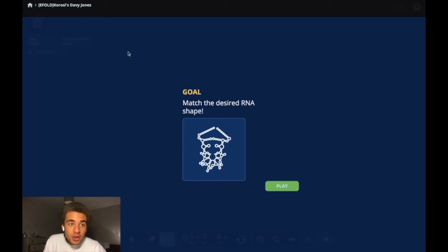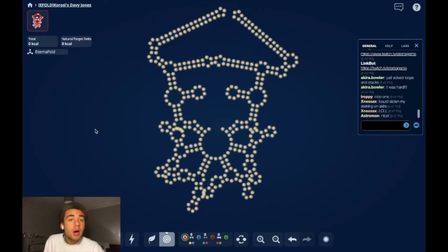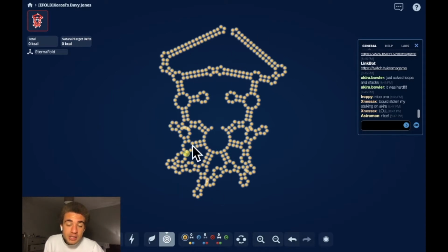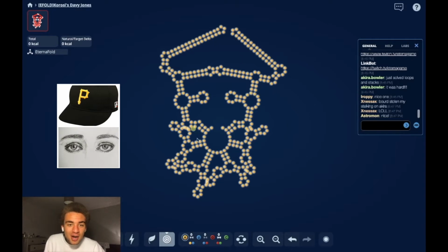Kurosi's Davy Jones E-Fold. This is a puzzle that Kurosi made and was then copied by JMF and put into the dreaded E-Fold from Vienna. I just solved Kurosi's version of Davy Jones. Of course, you can clearly see Davy Jones with the two eyes, the little pirate's hat, and then the tentacles